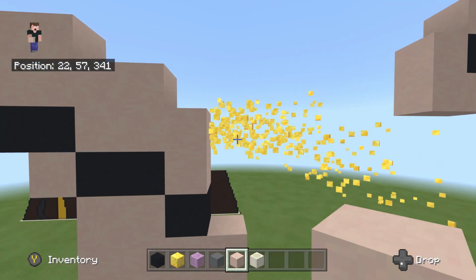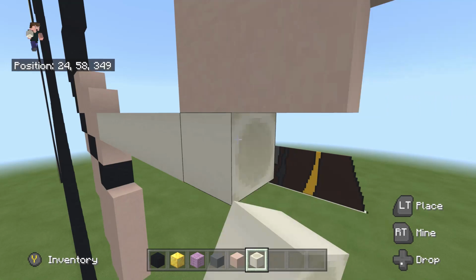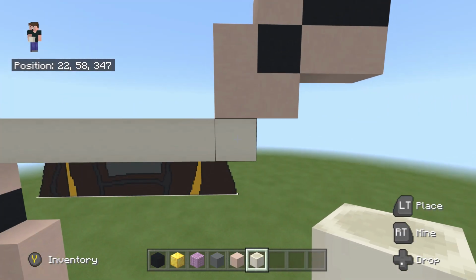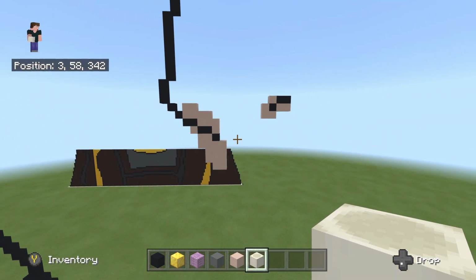The reason why I said placement blocks and not bone blocks is because we can't really place them going up, and they would be to the side like that. And again, as I said, we don't want those going sideways. So we just use a placement block. And now with the nose complete,